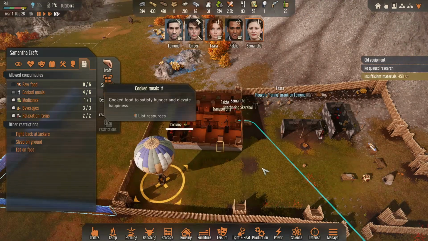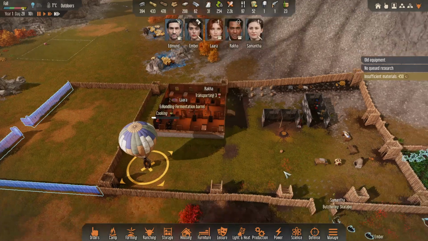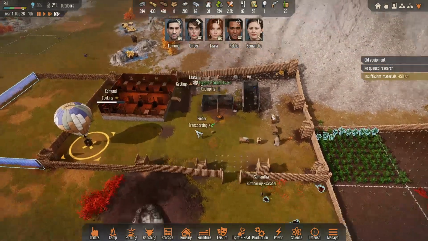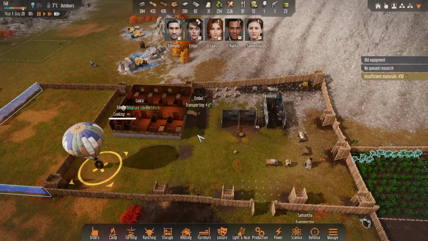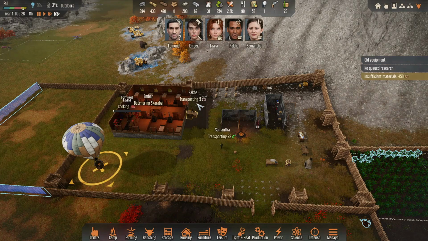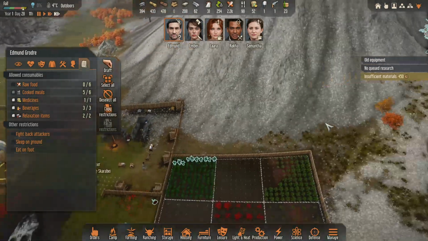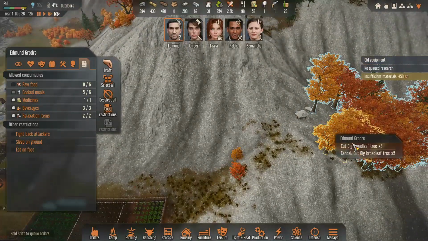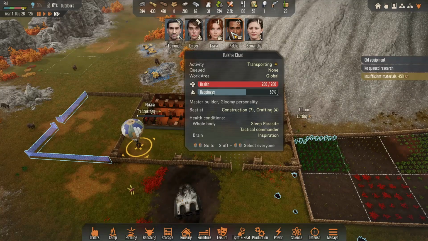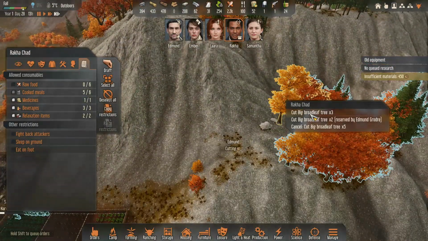Yeah, they're not eating the emergency rations, which is a good thing. I would like them to now get... Oh, we have coffee now. Very good. They should now be starting to get some wood out, actually. So let's tell him to get some big tree leaves. Raka is now carrying some stuff. I want him to